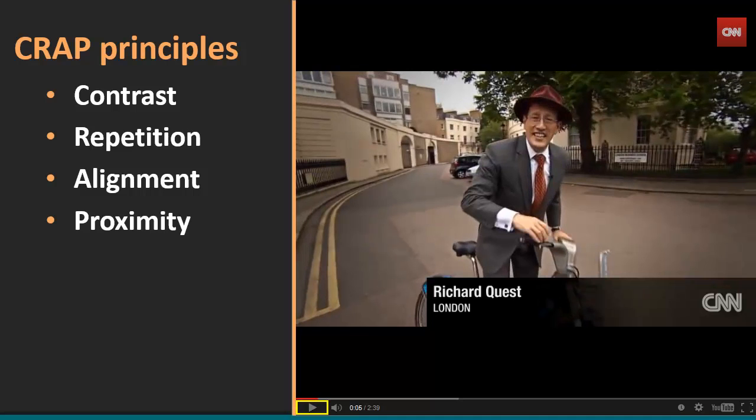Okay, now the guy has kind of an annoying voice, I get it, but take a look at the text that animates into the screen from the right to the left. Richard Quest from London. This is very, very typical. You identify your speaker, tell them who they are, or tell the audience who they are, and then where they're from, if that's relevant, or sometimes their credentials, what their position is. We see that with a lot of expert interviews. This CNN logo over on the right-hand side here,